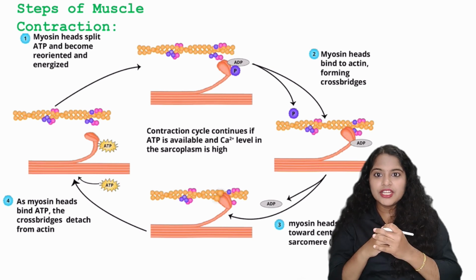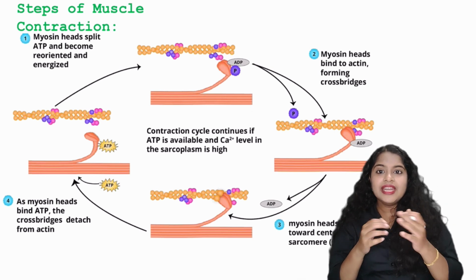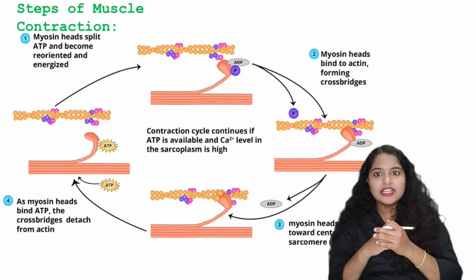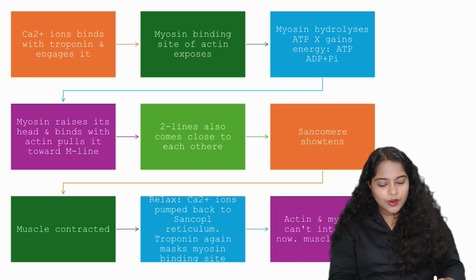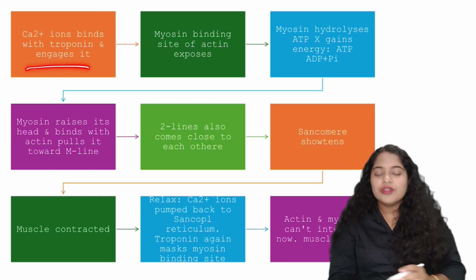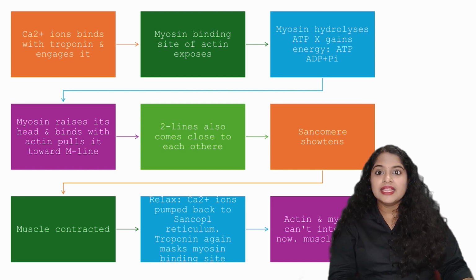So this process will continue until the calcium ions are pumped back into the sarcoplasmic reticulum. And that happens only when the release of acetylcholine is stopped. And what does this result in? This results in again masking of the active sites in actin. Now we will see a simplified representation of the mechanism of muscle contraction. So here what will happen? The calcium ions bind to the troponins and this leads to the exposure of myosin binding sites in actin. Then what will happen? The myosin hydrolyzes ATP and this leads to the gaining of energy and releases ADP